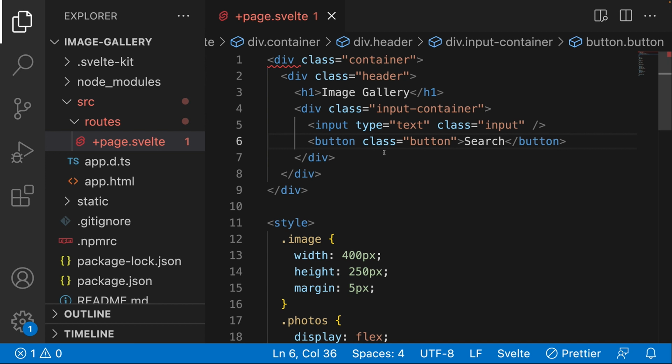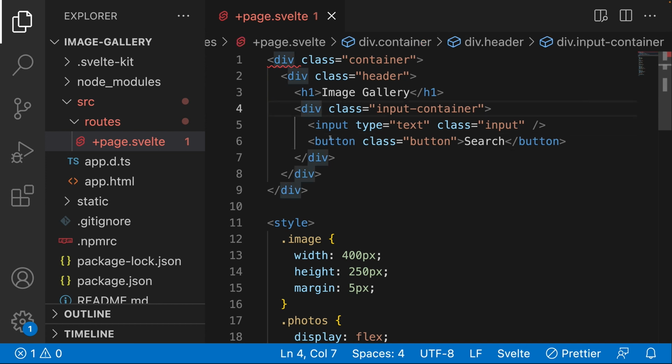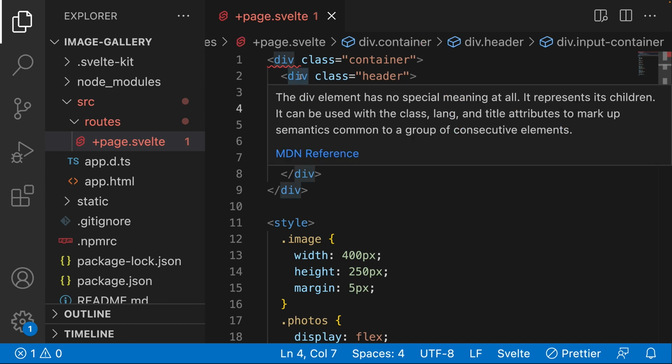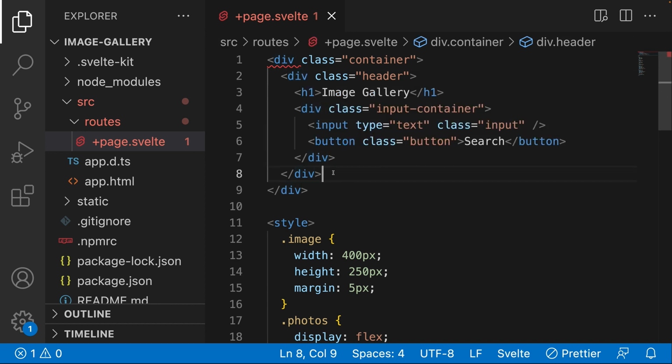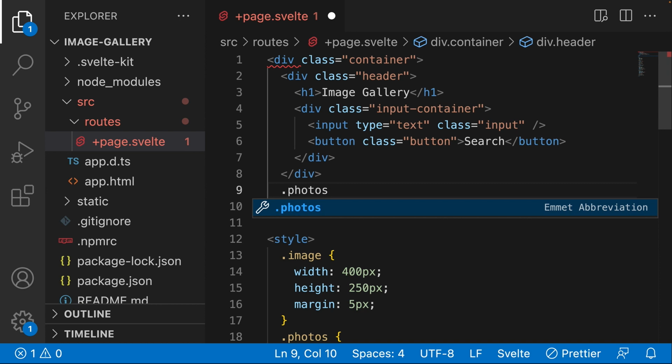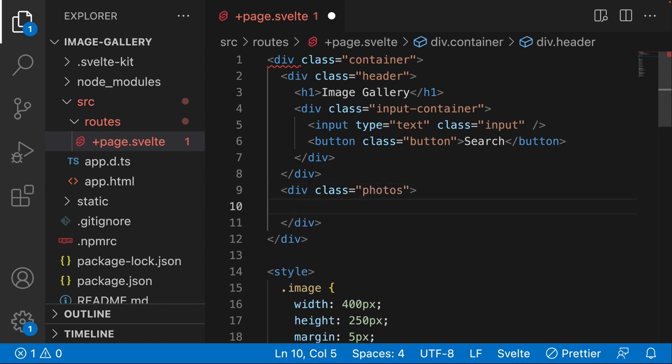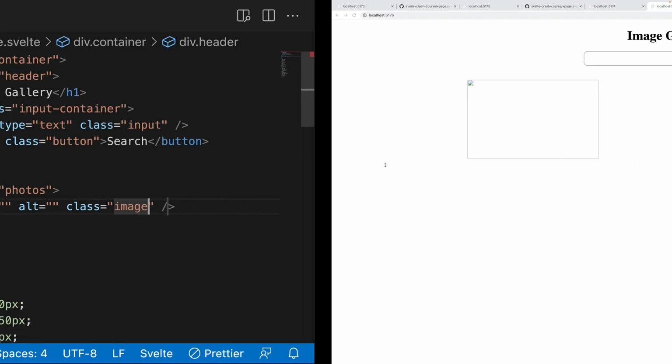All right, and now what we need to do is right below our header, we need to display our photos. So I'm going to go here. I'm going to say dot photos. And then over here is where we're going to display our image. So we're going to have an image. We're going to have a source, an alt. We're also going to have a class that is going to be of type image. And that should do it for our